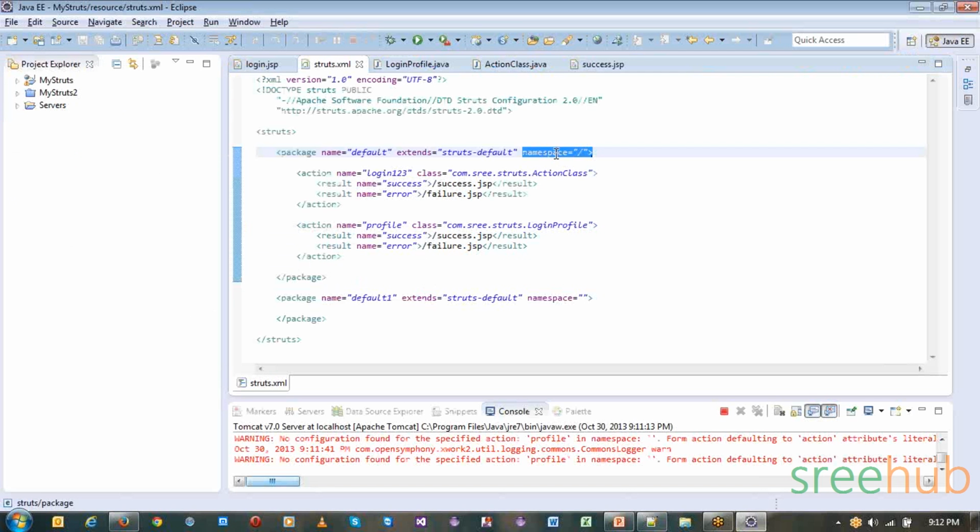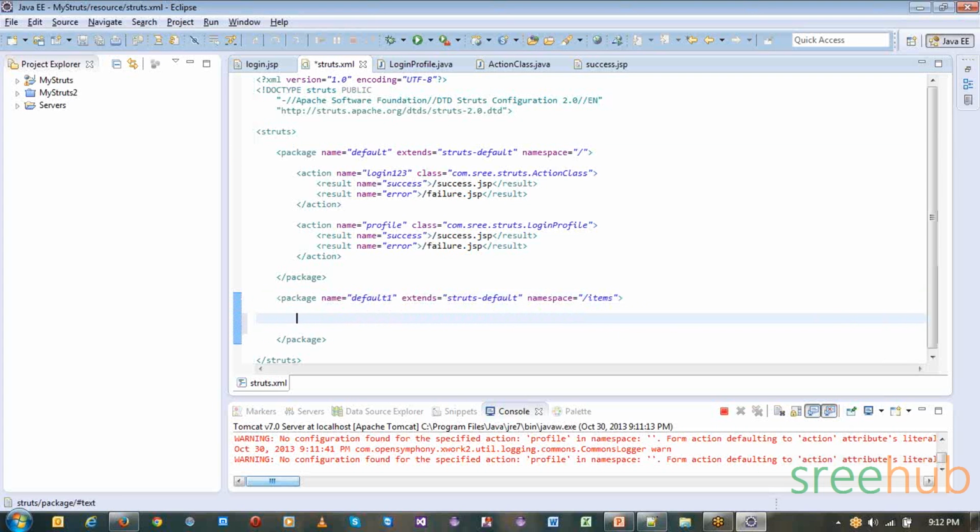Now let's say what we want is to separate a few things, which means you want to create some subdirectories. So let me create a slash here and just say something called items. This is a namespace which I'm giving over here. Now in this package, let me create an action whose name is, let's say, Java something, and class,